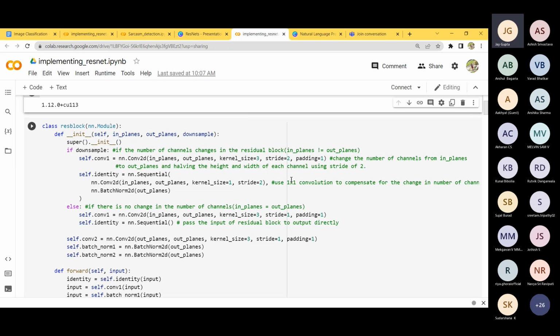So this is one block, one ResNet block. So what are you doing? If there is a downsample, what does it mean? If there is a change in the number of input and output channels, so what will you do? If there is a change in input and output channels, so convolution one is the